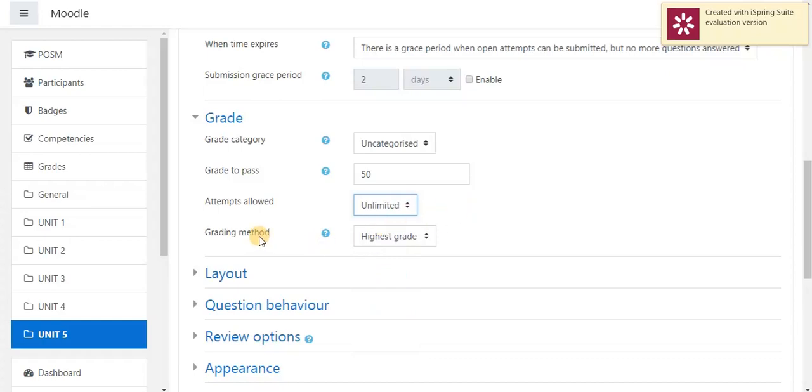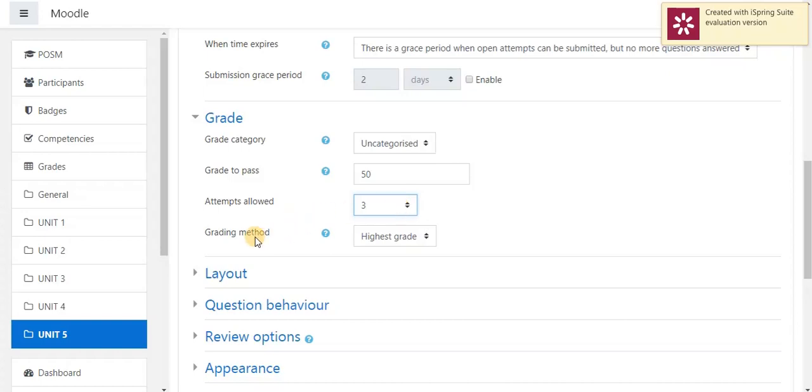Next, grading method. Grading method means, for example, if I am going to set attempts allowed as 3 times, so the student can attend the quiz 3 times. Now grading method.